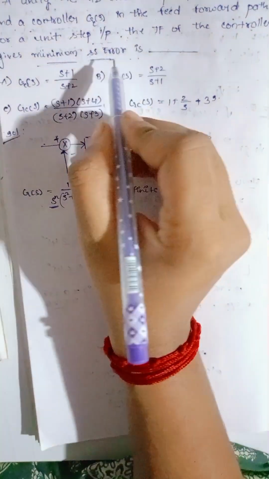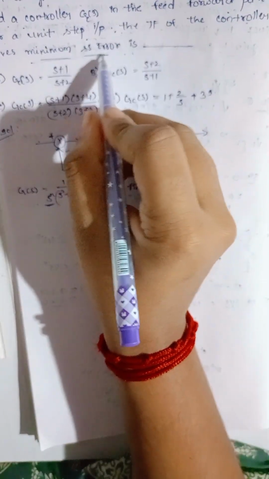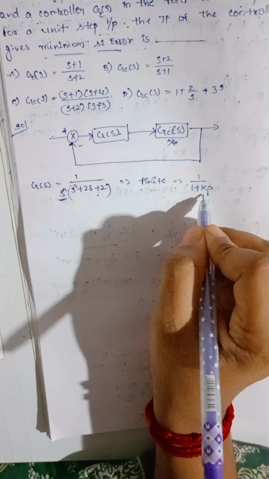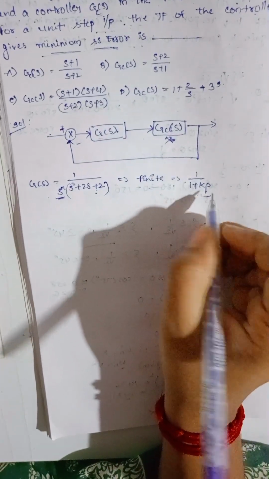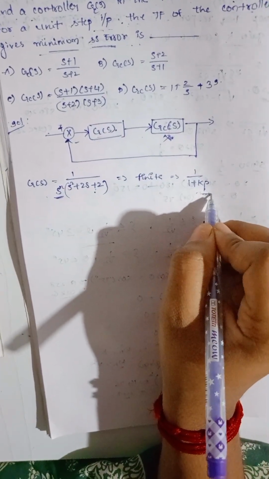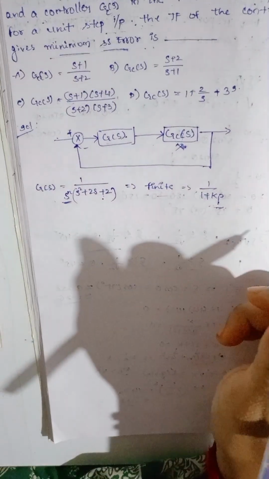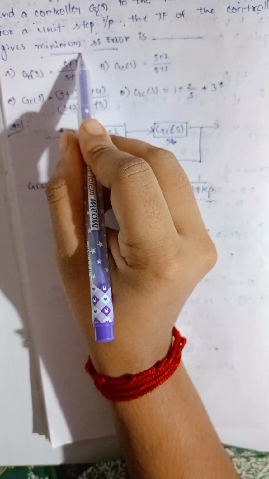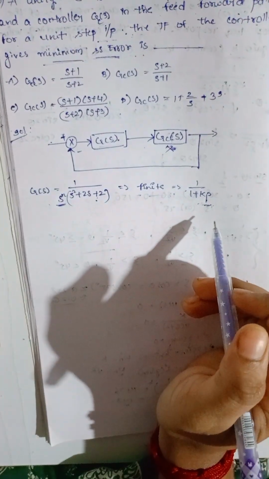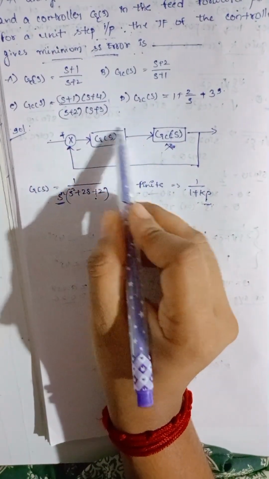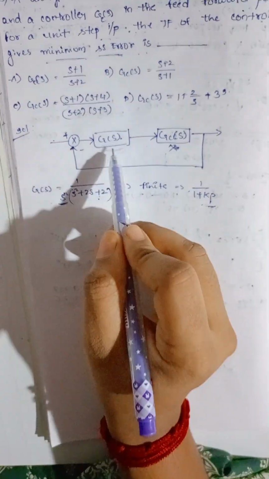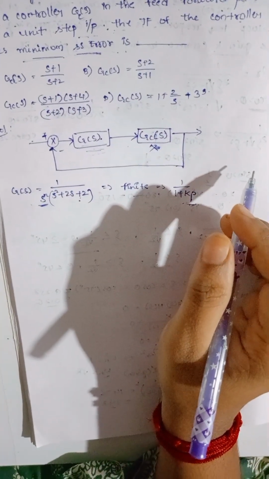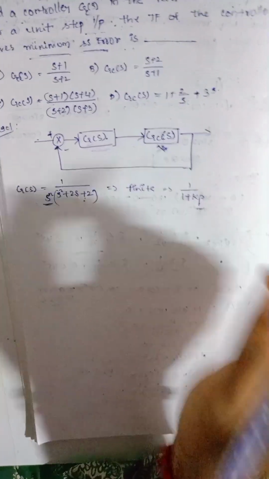He is asking about steady state error. As the steady state error for a step input is finite, it is 1 by 1 plus Kp, where Kp is the proportional error coefficient. But here he is asking about minimum steady state error. Minimum steady state error is 0. Here we only consider G(s) is 0. As we got here, minimum steady state error is 0,